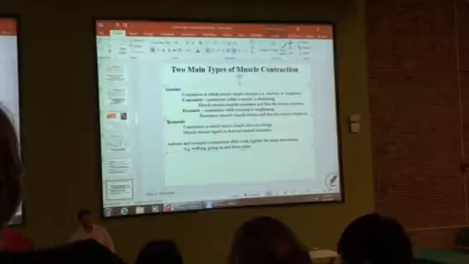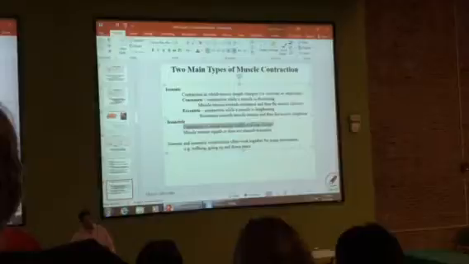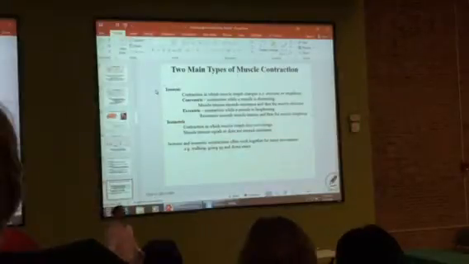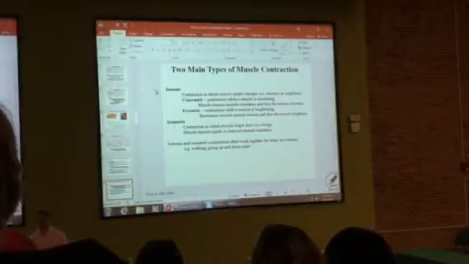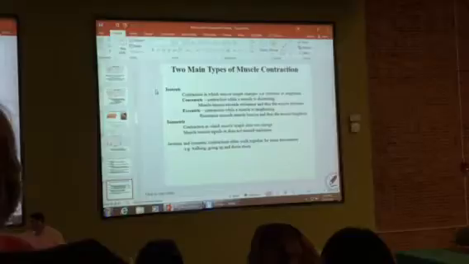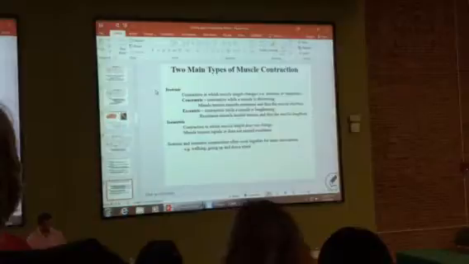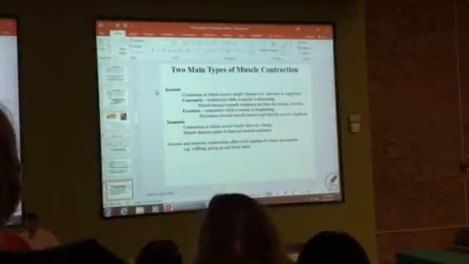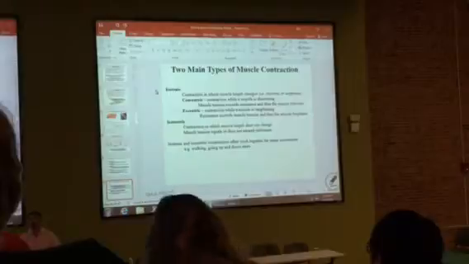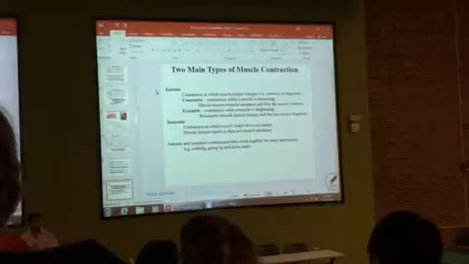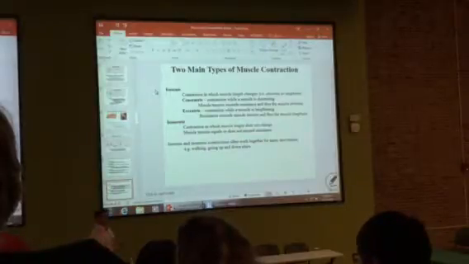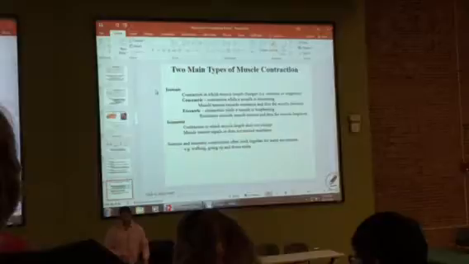What about isometric? Isometric is muscle tension equals or does not exceed resistance. Contraction in which a muscle length does not change. So typically when they talk about an isometric contraction, they always talk about pushing against something that's immovable. If I went up to the wall and I started to push on the wall, I'm not moving the wall. I'm still generating tension in my muscle, but the length of the muscle is not changing. That's usually what they talk about when they talk about an isometric contraction.